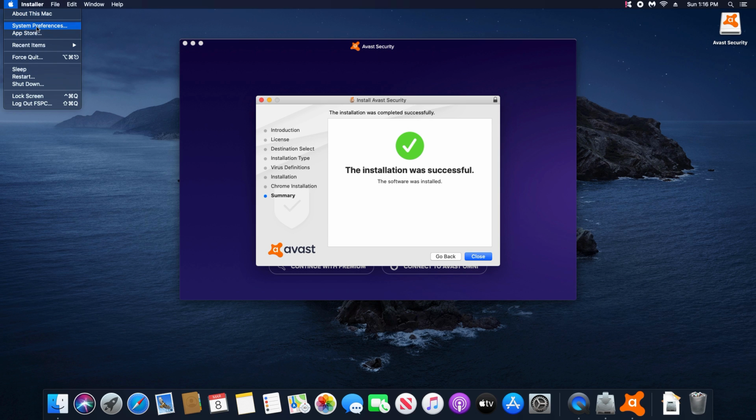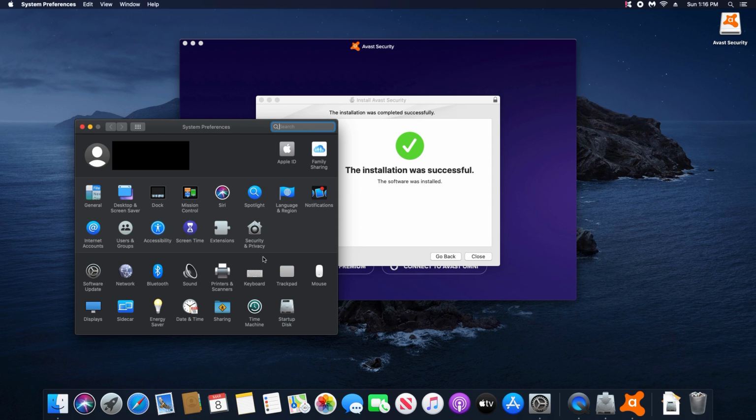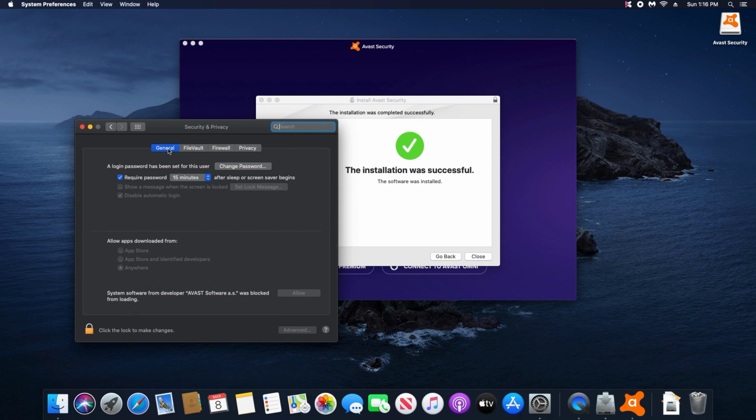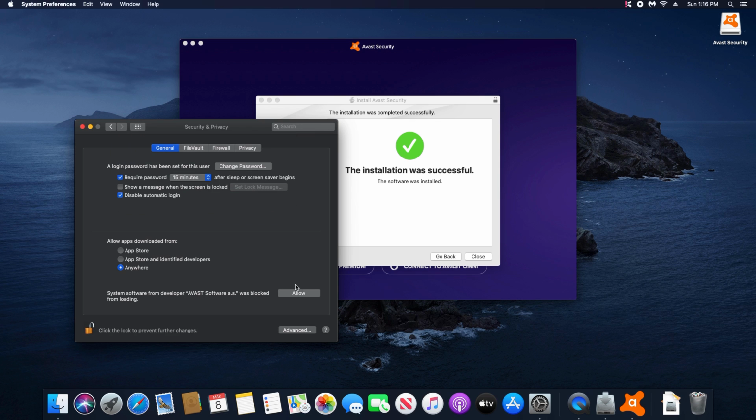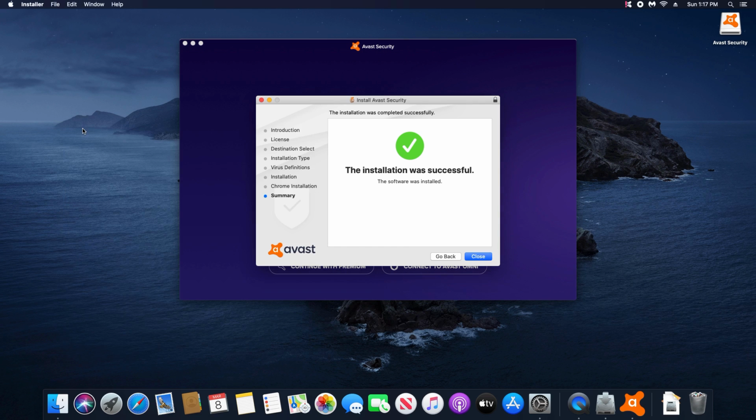click on the Apple icon, go down to System Preferences, look for Security and Privacy and click on it. Make sure you have the General tab selected, and you'll notice there's an Allow button. We're just going to click on the padlock, type in our password, and then we're going to click on Unlock. We now have an Allow option. I'm going to click on Allow, and then we can click on the padlock again to save that. At this point, I can go ahead and close this menu and click on Close, and then move the installer